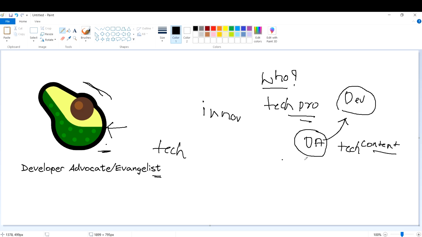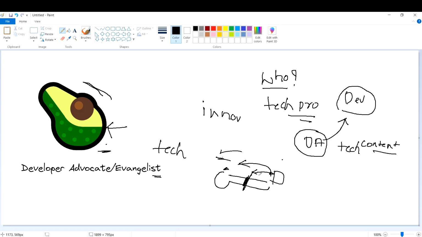Developer advocates act as a bridge between the company and the developers. Let's say this is your company and these are the developers who are making use of the product. The developer advocates will be the bridge between them. They act as a middleman, helping the company and the developers use the product, and they will get feedback from the developers and bring it back to the company, so that we can improve and fix any other issues that might potentially be there, right?